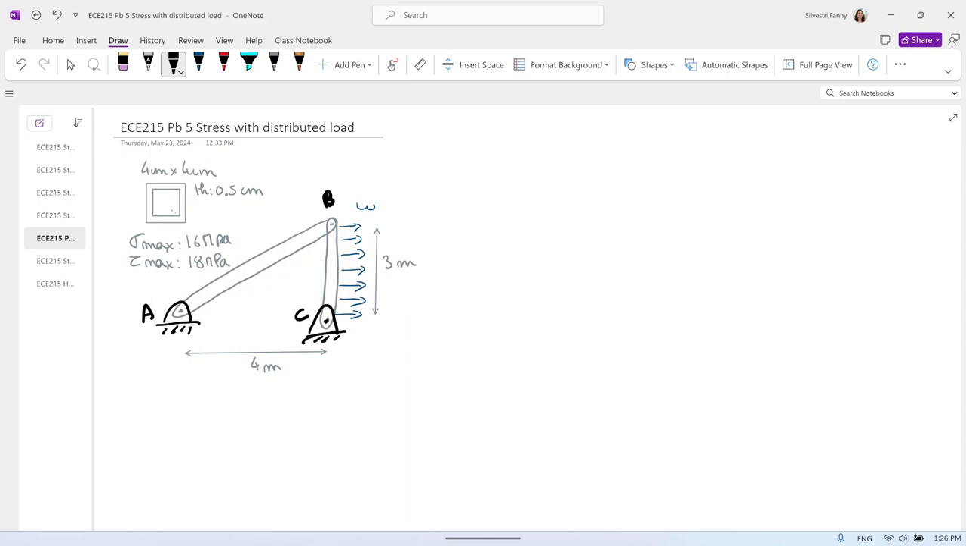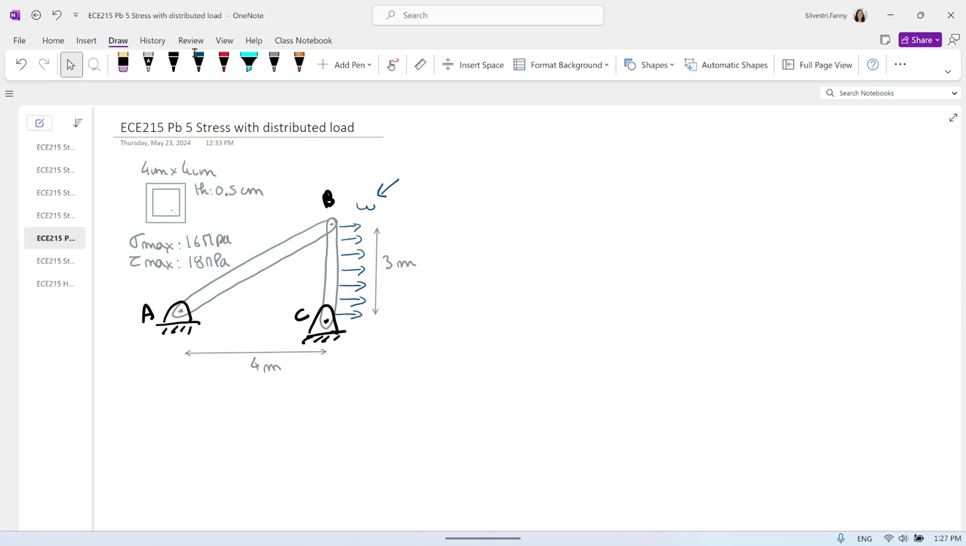Okay, so we will do a problem with a distributed load, and we will have two different members of the structure, one that is submitted to normal stress and one that is submitted to normal and shear stress. And the question is, what will be the maximum distributed load W here,